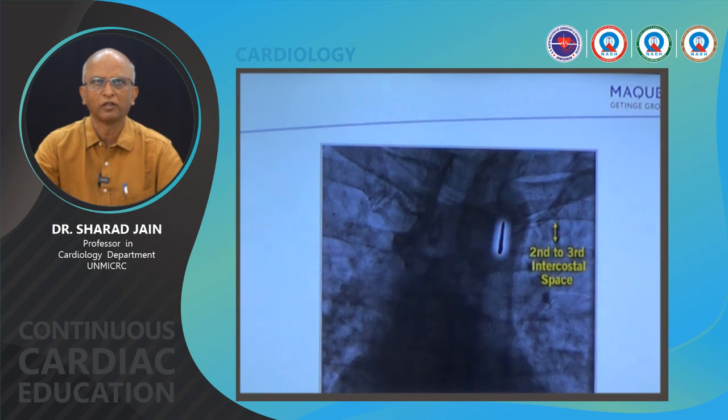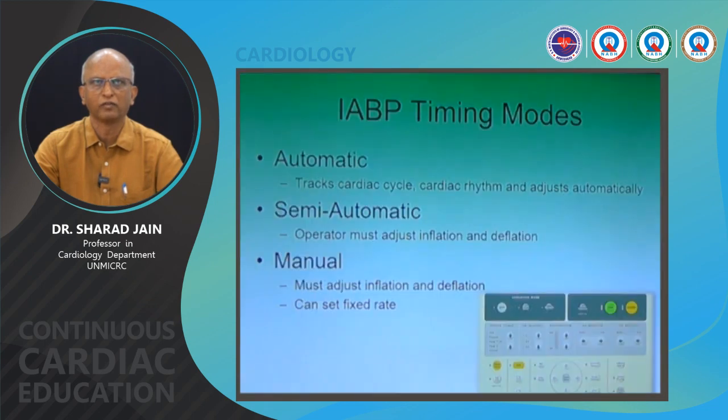So this is the IABP tip. It should be in the second to third intercostal space. Then the IABP timing modes. First is the automatic, that tracks cardiac cycle and cardiac rhythm and adjusts automatically. Then the semi-automatic, where the operator must adjust inflation and deflation time, and manual, where you must adjust inflation and deflation,